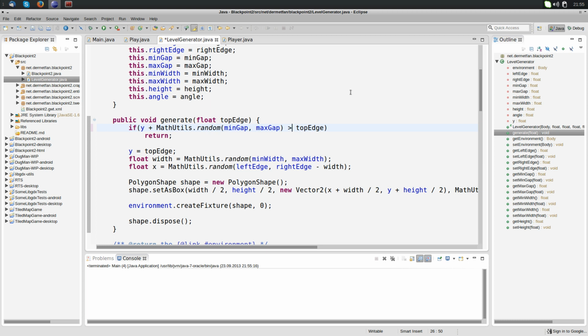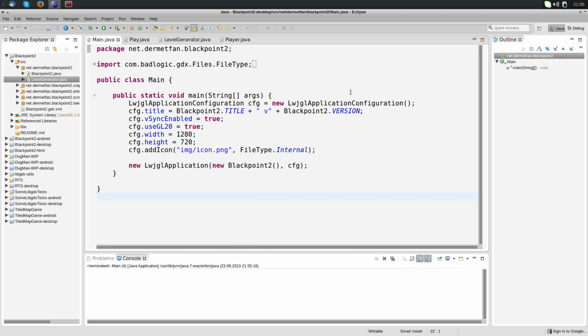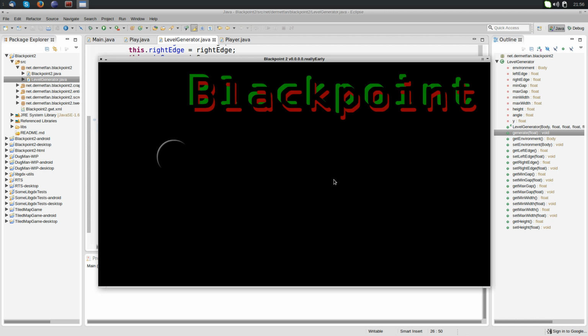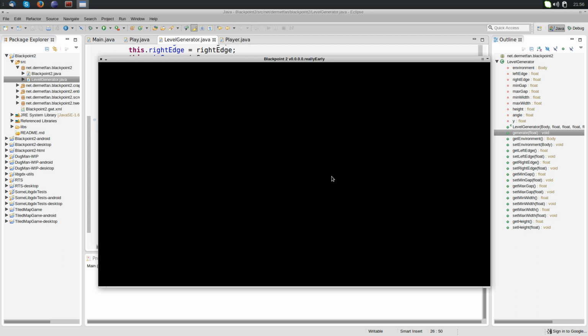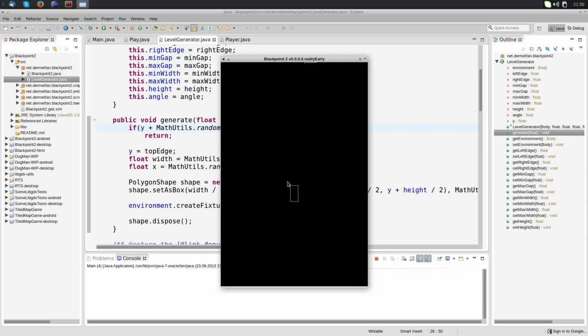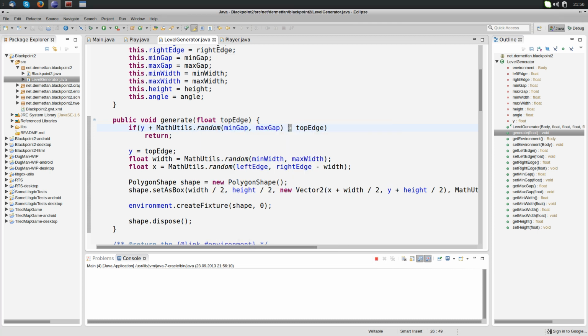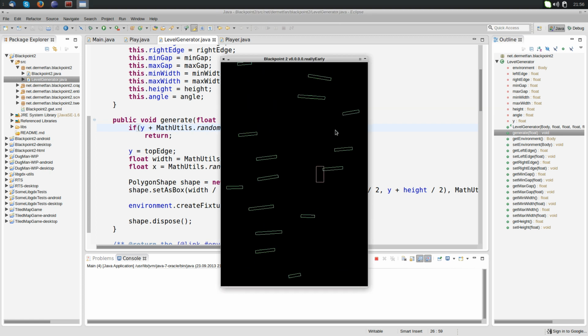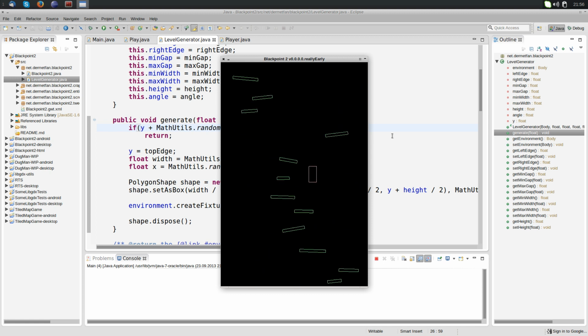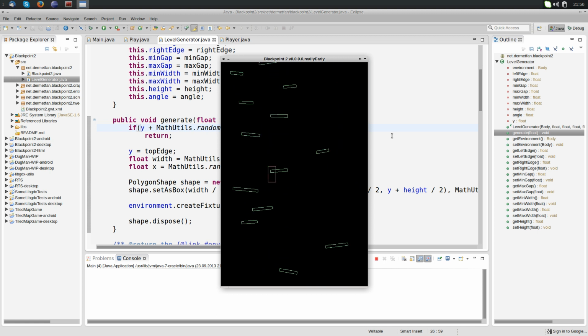If the Y of the last platform plus some gap is bigger than the top edge, at first I'll try it out. But that happened to me previously, so well, yeah, there are all the platforms. Really? I don't get why bigger than that. If it's bigger than the top edge, whatever, it's working. That's probably a really stupid mistake, but as you can see, the platforms spawn,